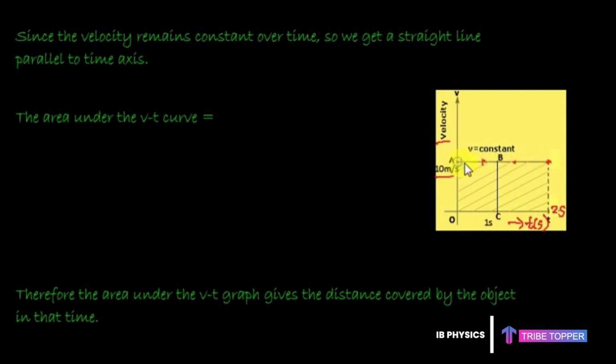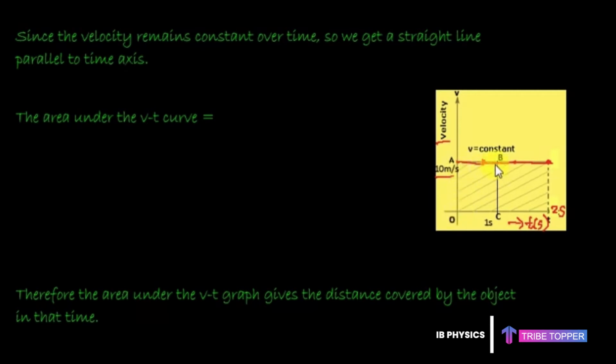So what you're going to get is a straight line parallel to the time axis, right? Since the velocity remains constant over time, we get a straight line parallel to the time axis. Now there will be one significance for this graph also. That is that if we find the area of this VT curve, so if you look at this curve,